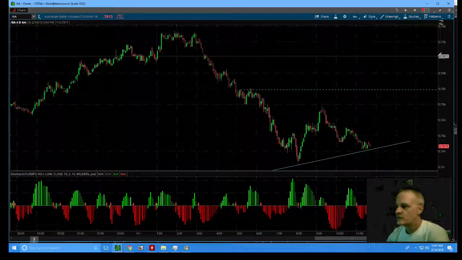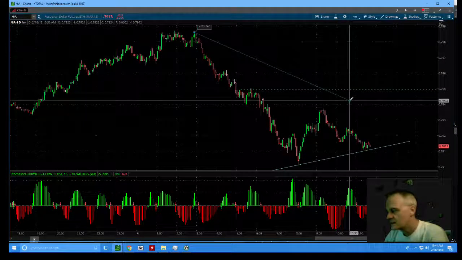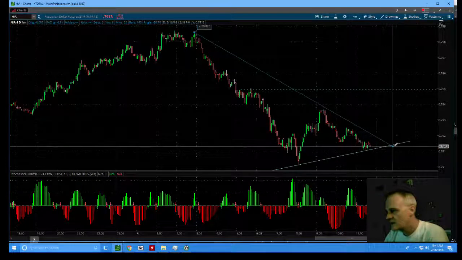So that's a good trend line to watch. The Australian dollar looks like, and this is a common